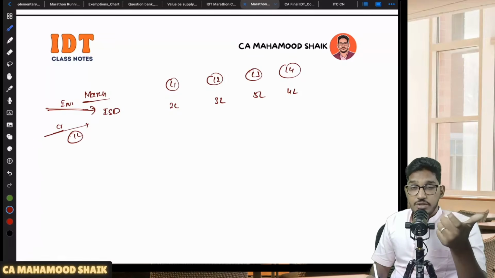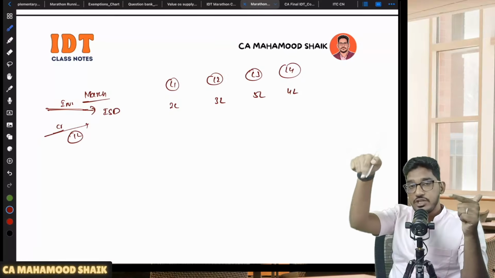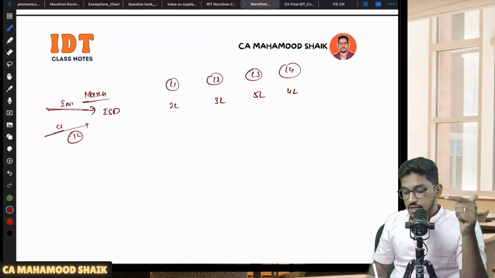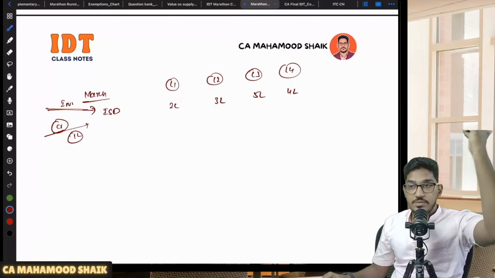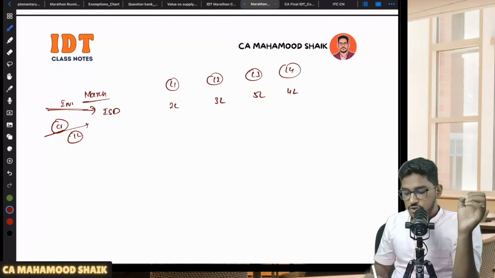This credit note also they have to distribute. In which ratio they will distribute? In whatever ratio original invoice has been distributed? No. In the same ratio, this credit note also will be distributed. This credit note is relating to some invoice. That invoice credit has been distributed in some ratio. In the same ratio, even this credit note is also required to be distributed.